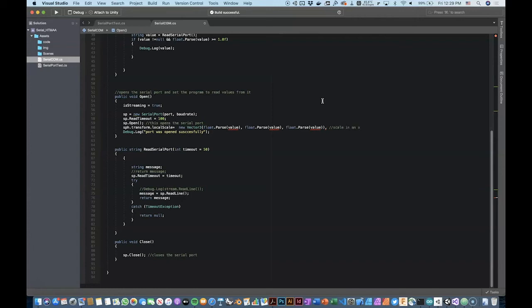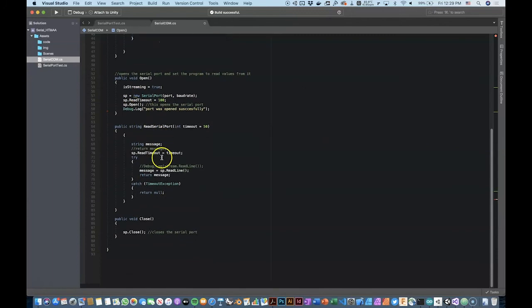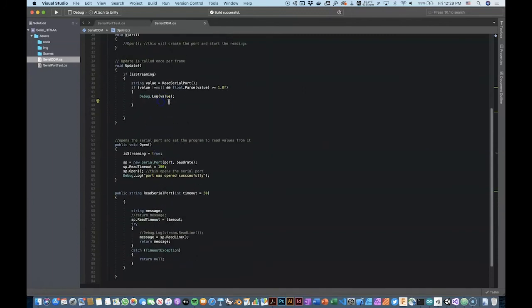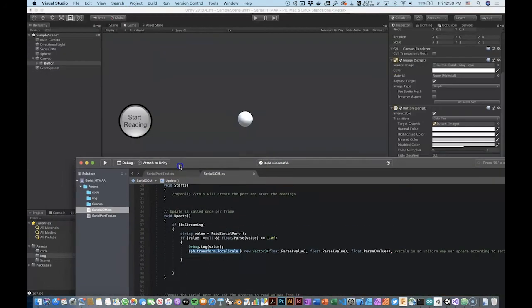Scale in a uniform way our sphere according to the serial values. So basically what we are doing here, sorry, I should do this in the update here, not in the open. So basically what we're doing here, we are saying that the SPH transform dot local scale, and if we go